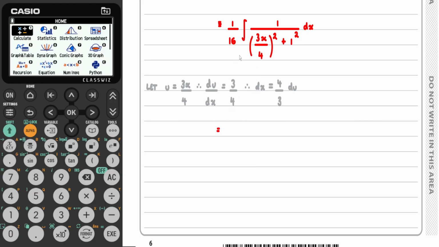And so we've got 1 over 16 times the integral of 1 over u squared plus 1 squared multiplied by dx, which we've said is 4 over 3 du. 1 over 16 times 4 over 3 is 1 over 12. So I've got 1 over 12 times the integral of 1 over u squared plus 1 squared with respect to u,